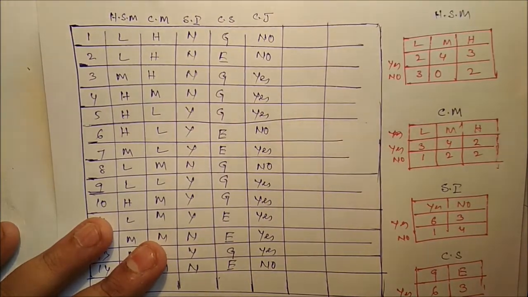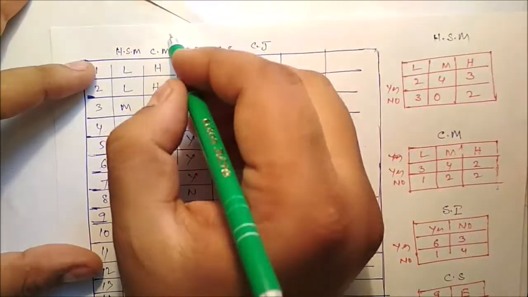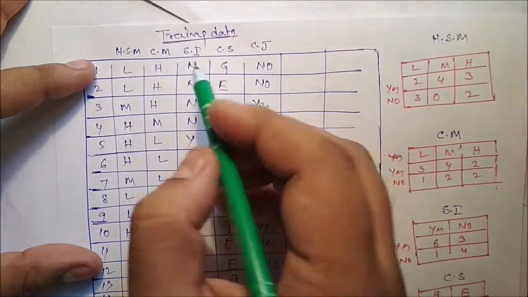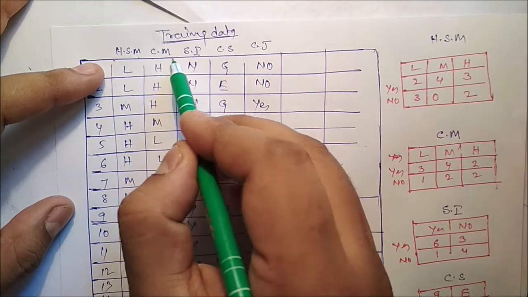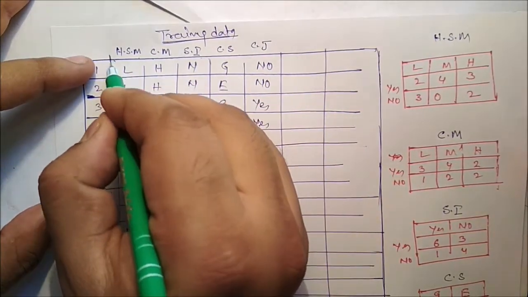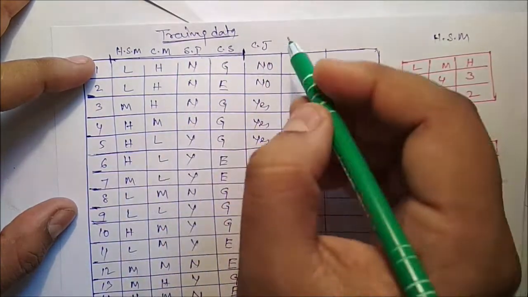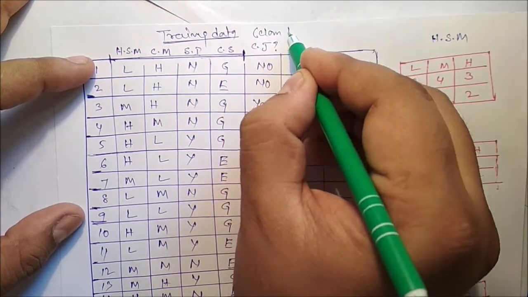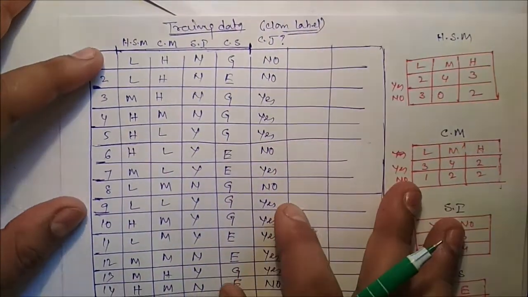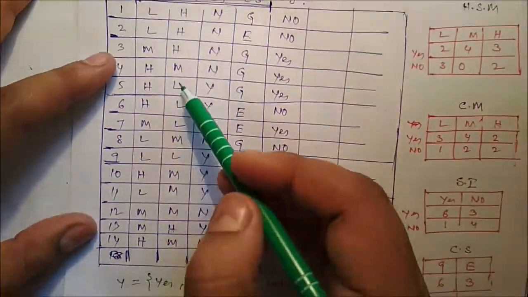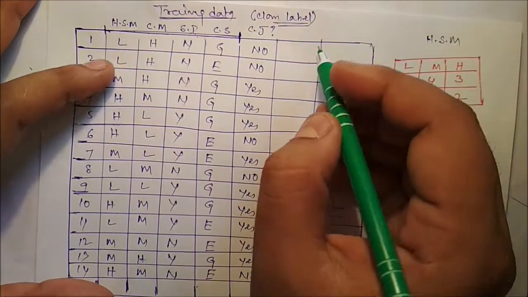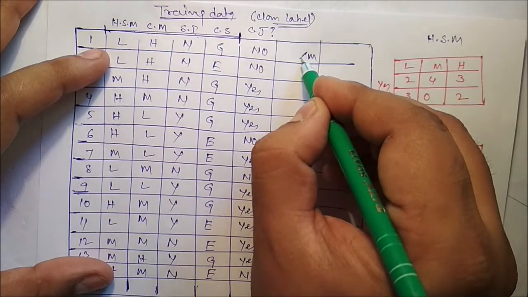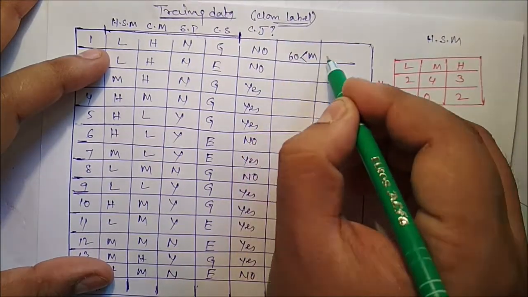Now see one example, using this particular training data, which is our running example. High school marks, college marks, sports interested and communication skill are our input features. Campus job, whether he or she will get a campus job or not, is our class level. So it is a supervised technique. High school marks are low, medium and high. If the marks are less than 60, we say it is low marks.